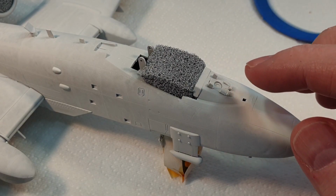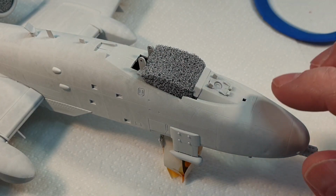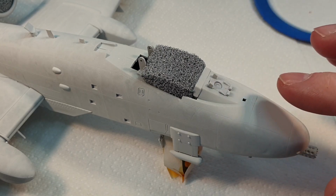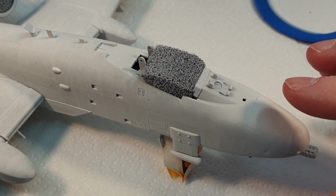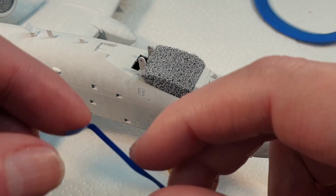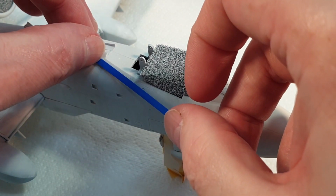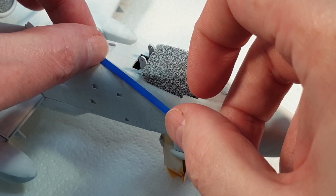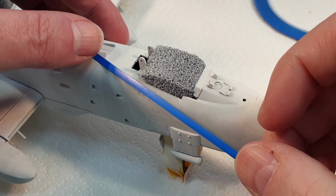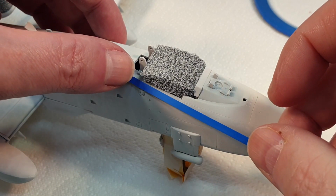So what I'm doing is I want to paint this part black, and what I also want to do is extend it down the front here as like an anti-glare thing. Now I know that A10s don't normally have that, but I think because this one's white it would probably be quite sensible. But anyway, so this tape, I'm just going to put it on here, and if I go in a straight line you can see it's nowhere near, but with this I can just basically follow that line around,